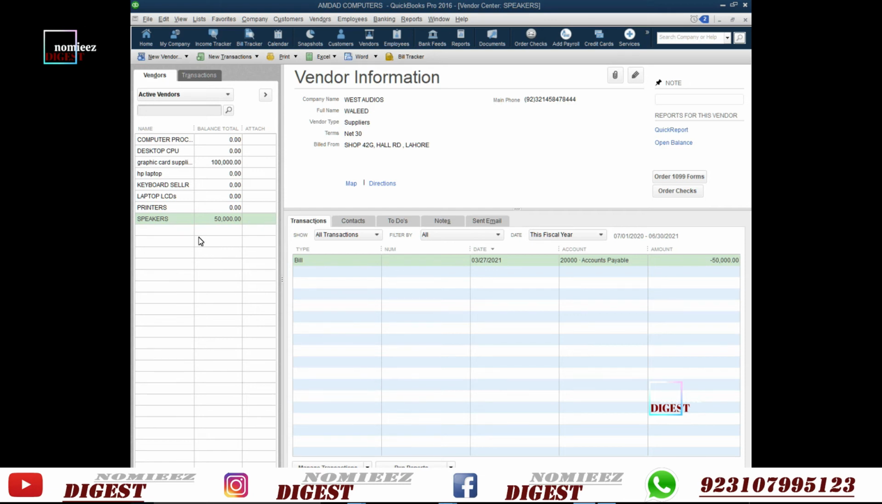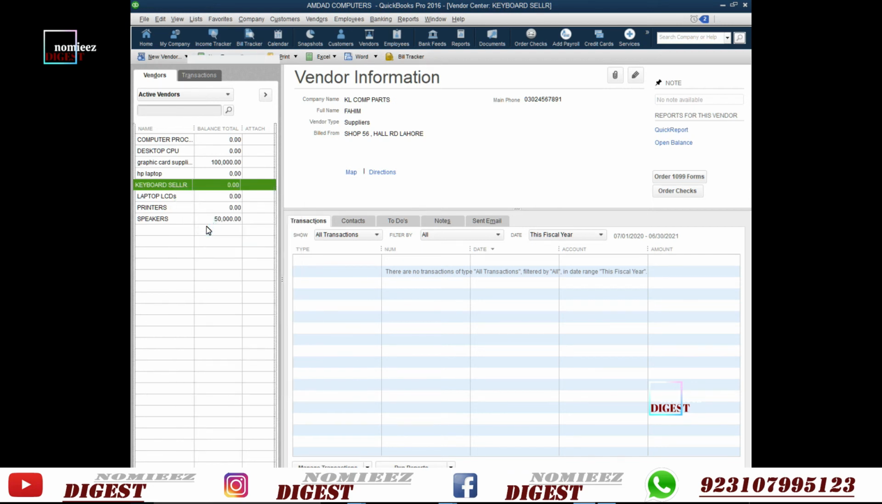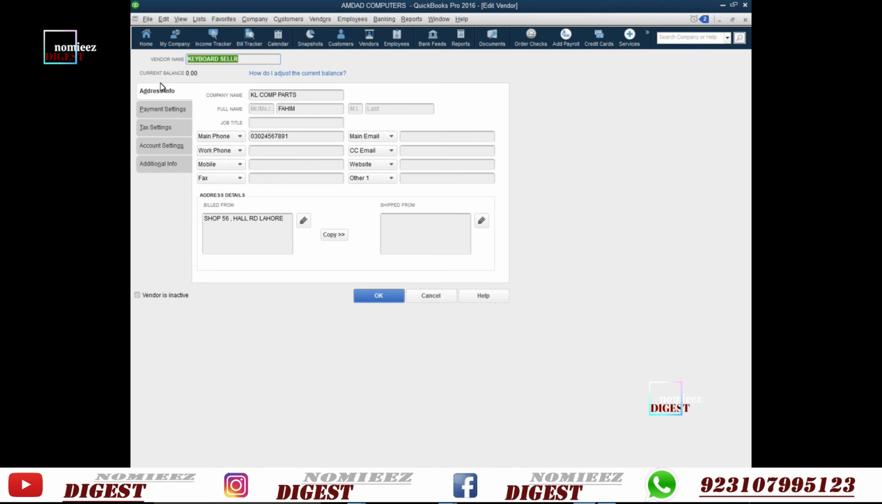So just select your vendor. For example, this one, I will select that keyboard seller, select edit vendor, and now that 5 tabs page is in front of you. So you can add any type of information which you want to put here right now. So for example, here we can write job title. So he is the shop owner,